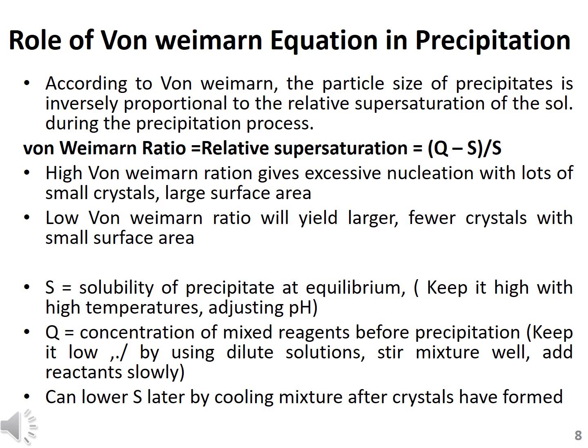तो हमें इस इक्वेशन को अच्छी तरह अंडरस्टैंड करना है ग्रेविमेट्रिक एनालिसिस के अंदर कि अगर हमारे पास छोटी प्रेसिपिटेट बन रही हैं और ज़्यादा बन रही हैं, दैट्स नॉट गुड. आपके पास क्रिस्टल्स भले थोड़ी बने लेकिन उनका साइज़ ज़्यादा होना चाहिए, साइज़ बड़ा होना चाहिए, जिनको आप आराम से, इजीली फिल्टर पेपर में से, फिल्ट्रेशन के प्रोसेस से सॉल्वेंट से अलग कर सकें.